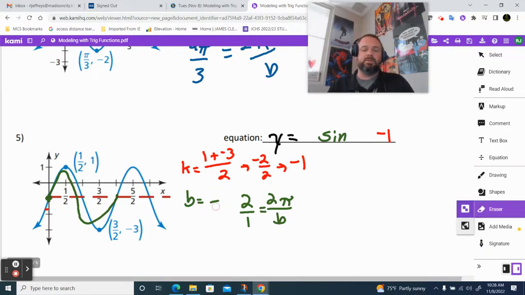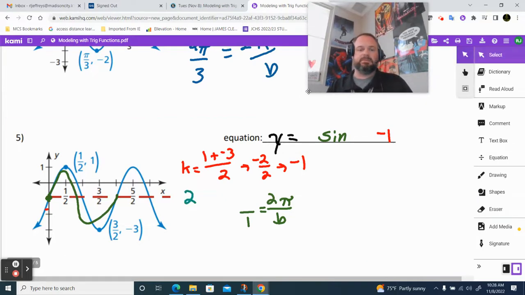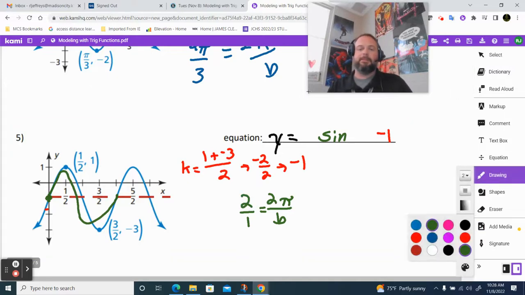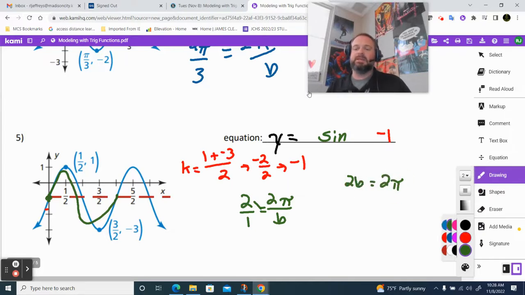Okay. So, what did y'all just see that move? Okay. So we multiply. We get 2b equals 2 pi. I divide by 2. B equals